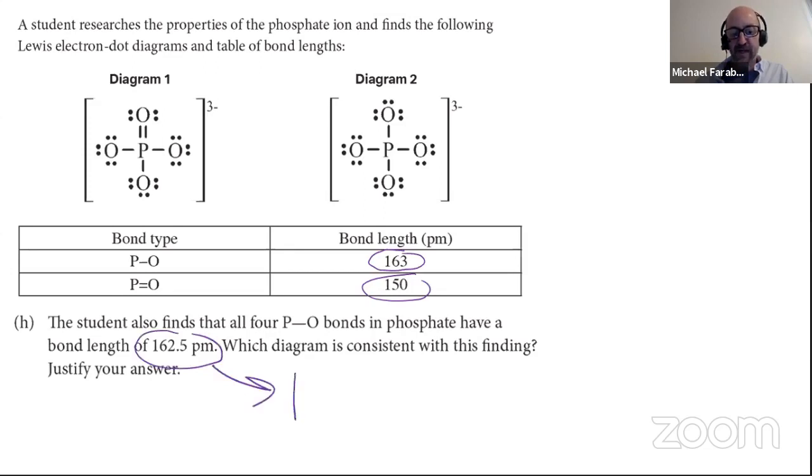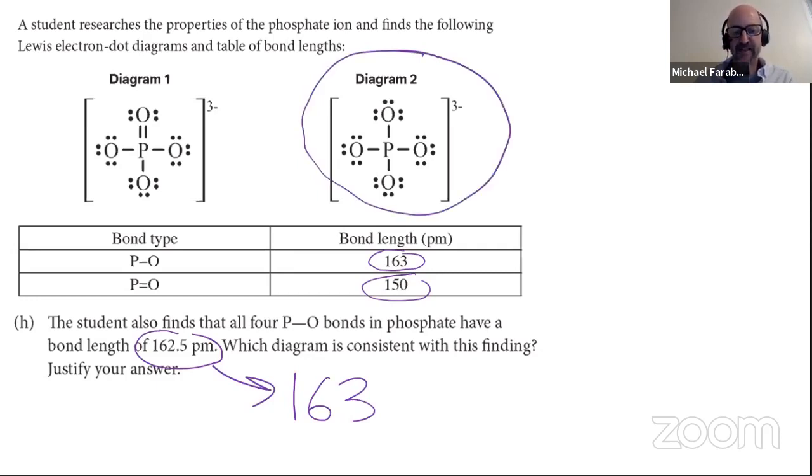That number is really close to 163. So therefore, in my opinion, based on the fact that a double bond is much shorter than a single bond, and that we are told that all four PO bonds in phosphate have a bond length of 162.5, I'm going to prefer this diagram. It makes it difficult to argue for this diagram because we have one double bond and three